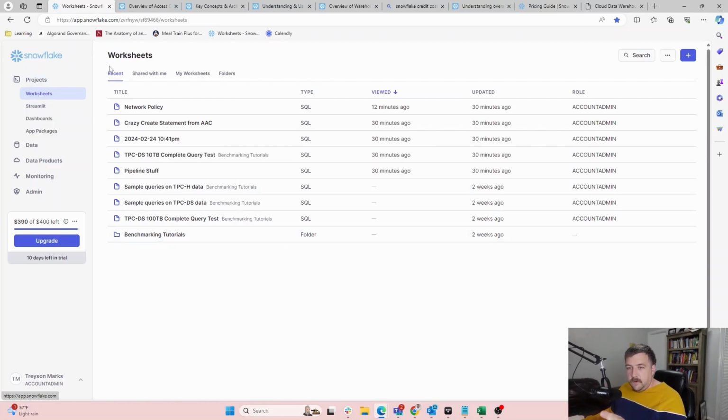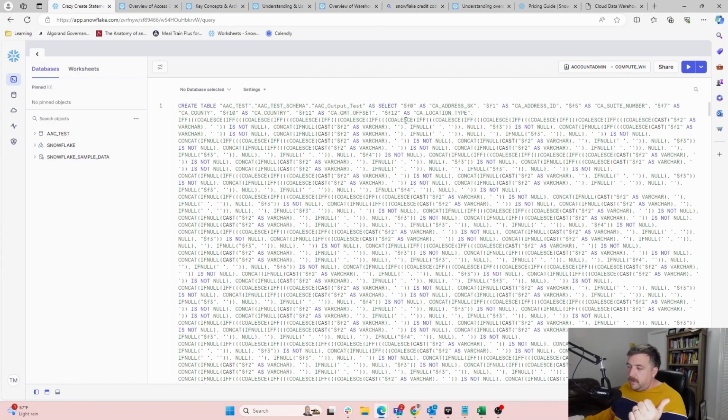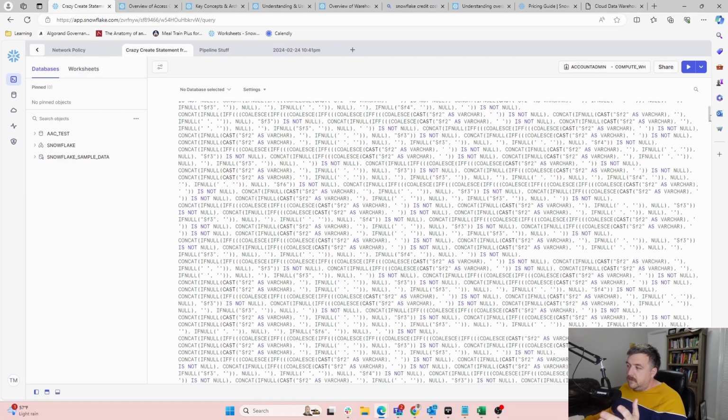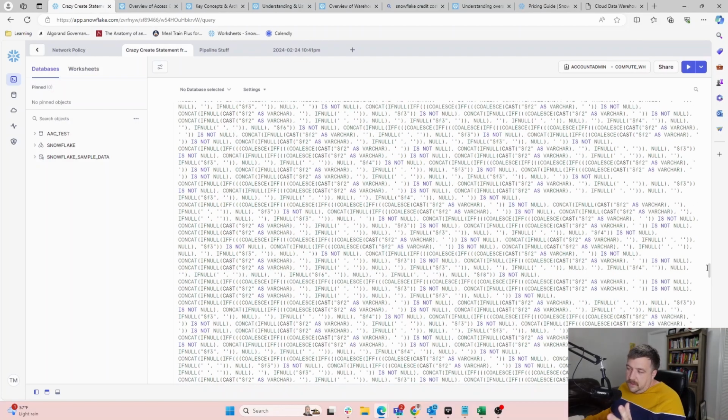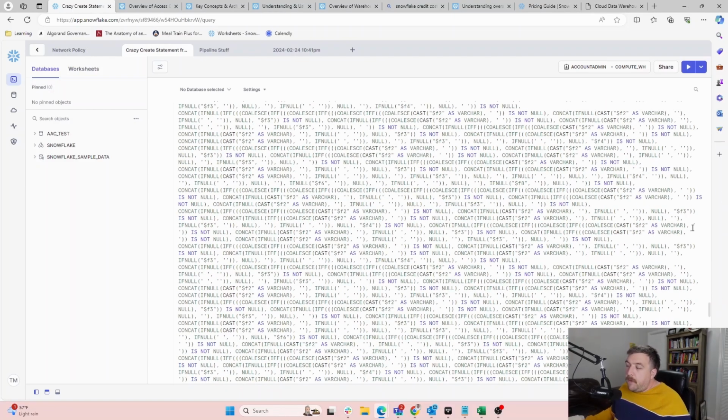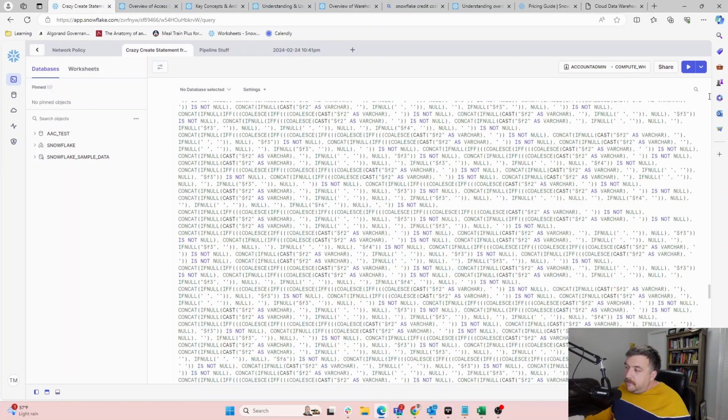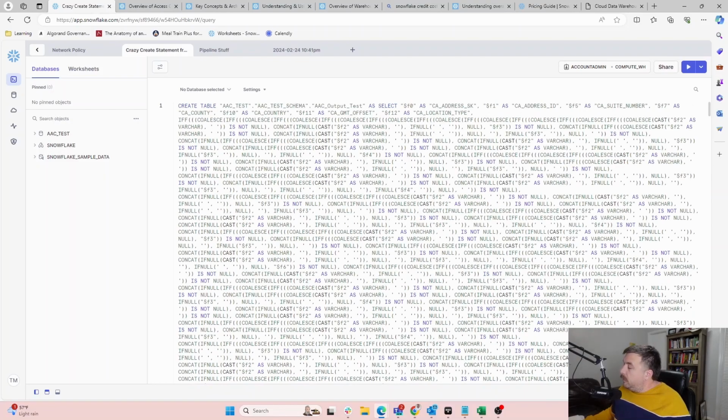I don't know if you guys remember this one. This was a create statement where we pulled from Analytics Cloud, ran a bunch of stuff, and then pushed back to Analytics Cloud, and then it just rewrote this. Now, is it the most efficient code? Probably not. But it is for a new user or someone who doesn't want to write any sort of query language, and they want to be doing something like Analytics Cloud. And it's not terribly inefficient. I think this is a create statement, and I was pushing data into it.